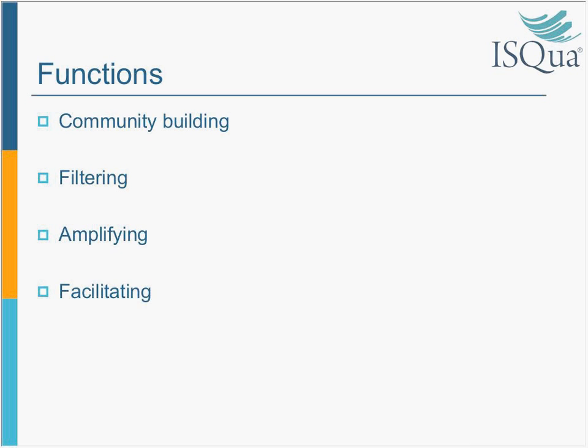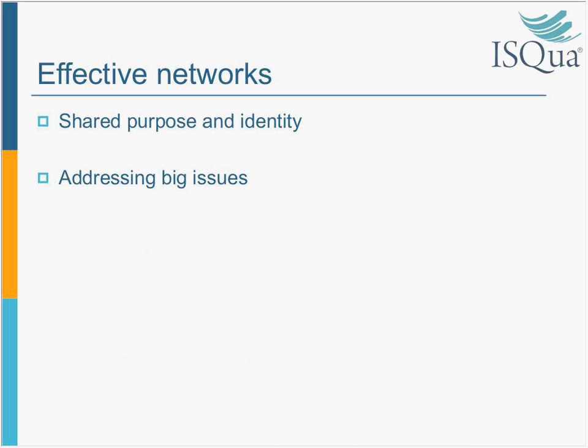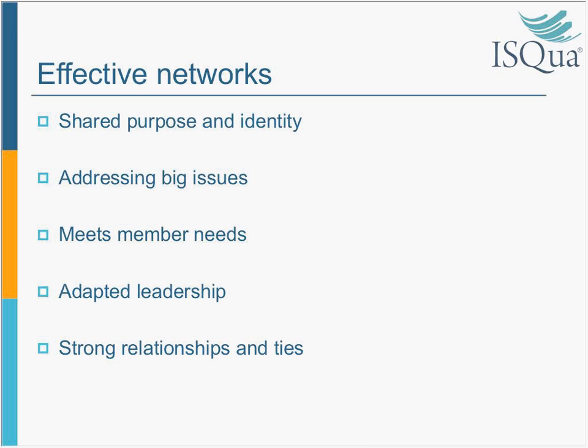Networks really facilitate. They ensure that we try to get to the main points right at the beginning, and they also invest or provide services to their members. So these functions of networks, of convening and bringing people together, is to bring together a community of practice that will enhance some kind of aim to improve the effect of good. Finally, I'm just going to show you some issues of effective networks. You can also read the opposites, which are ineffective networks. Really, these are the things that we really want to do within healthcare.